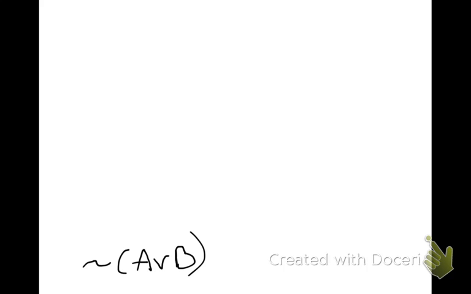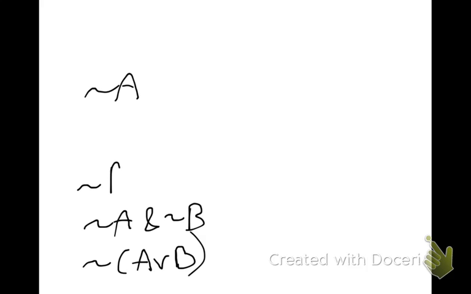Assume A or B, get a contradiction, then I can get not A. It's false that A wedge B. Sure, but what if instead I used De Morgan's on it, and I made my goal instead to get not A and not B? Then I just need to get not A, and I need to get not B,